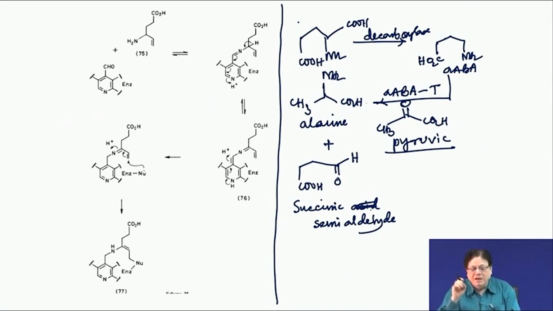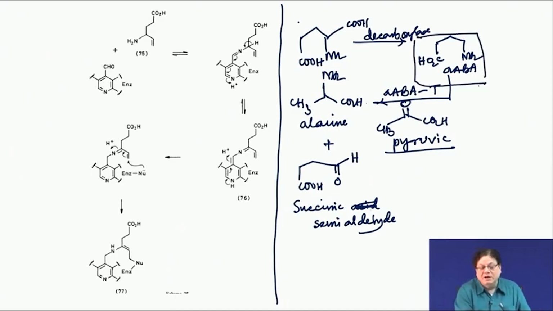Now, if there is a low concentration of GABA, you have two choices: either you add more glutamic acid, so that you get more concentration of GABA, or you can stop this GABA transaminase by using an inhibitor, so that GABA is not degraded rapidly into alanine and succinic semialdehyde. Okay. So, the first one will not work, like L-tyrosine. If you give L-tyrosine, you are not going to get any high concentration of dopamine, because